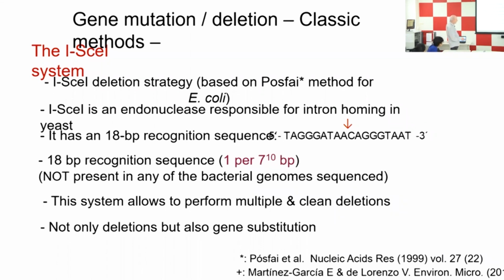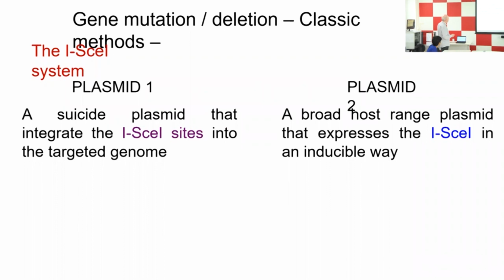Okay, so the first method that is classic, but classic means that it was published at the end of the 90s and early 2000s, is something that is based on homologous recombination. I'm sorry that the lettering is a bit messy here, but the idea in this case is that you exploit homologous recombination. There is a phenomenon that happens in basically all biological systems. And how does that work? Well, the system involves two plasmids,